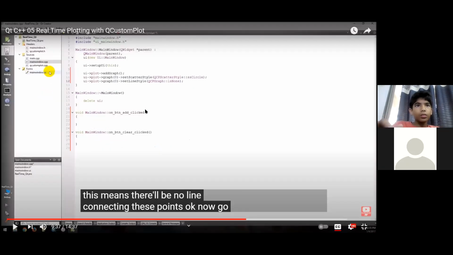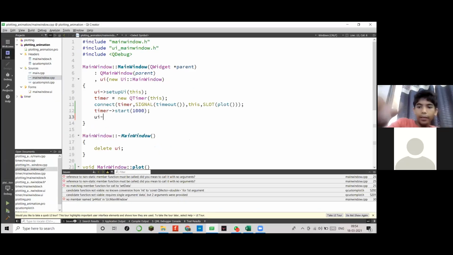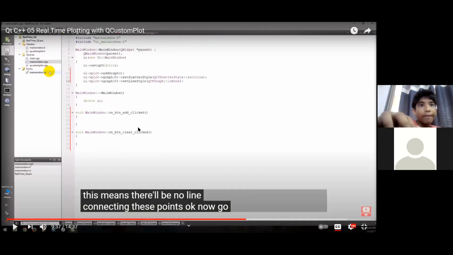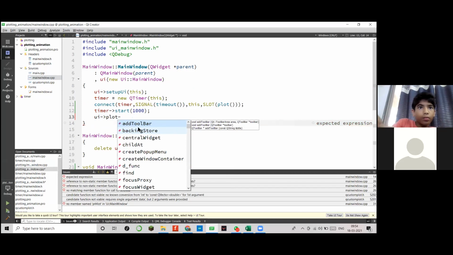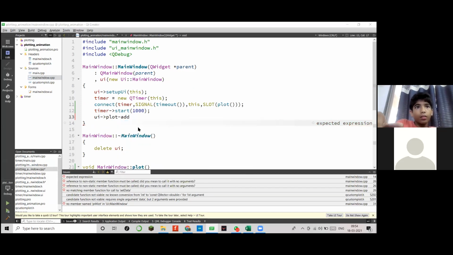So here it is also doing ui plot graph, add graph.